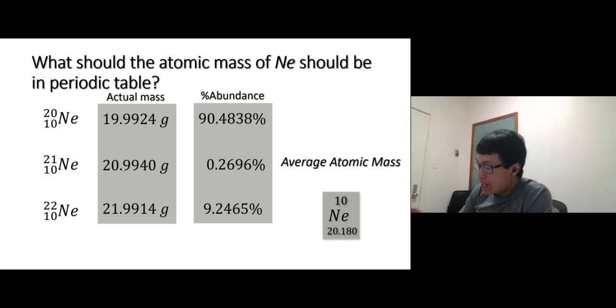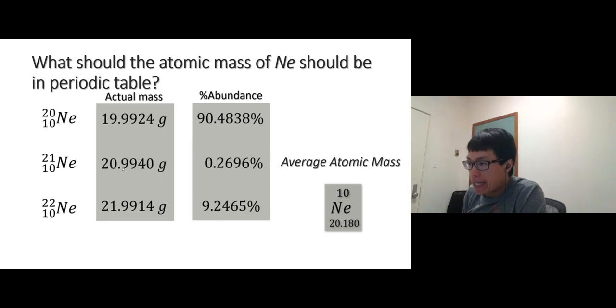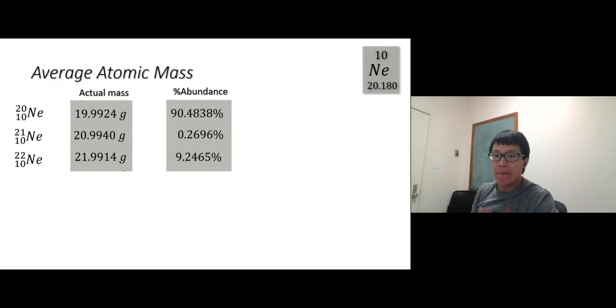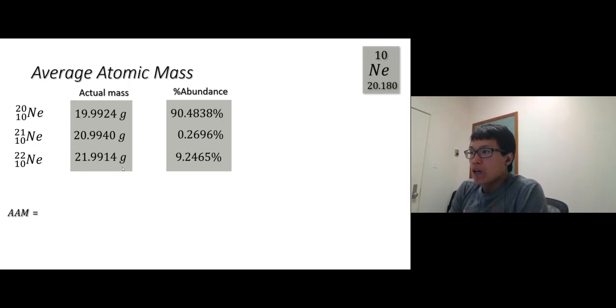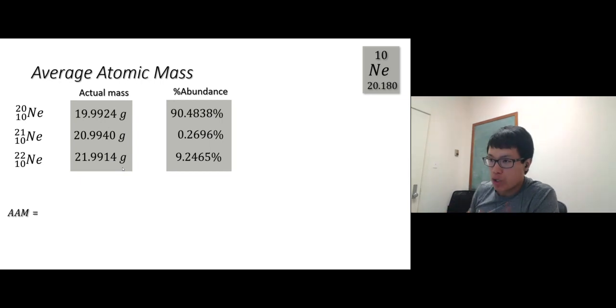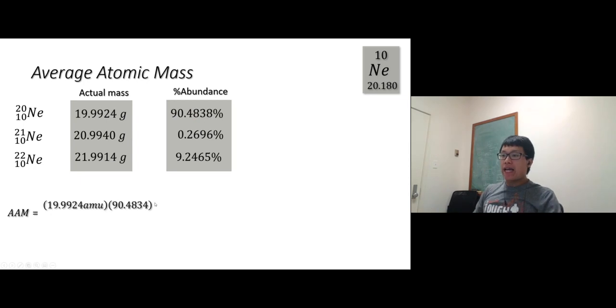Now, here's how we do the average atomic mass. I just abbreviated it as AAM, average atomic mass. Some of you, if you have taken stats before, this is how we do average, right? If you haven't done that, don't worry, I'm going to show you. We're going to take the actual mass times the percent abundance. So 19.9924 times 90 something percent, and then plus